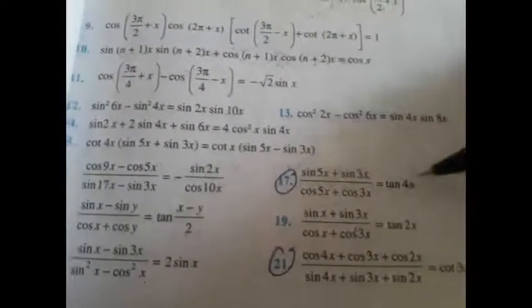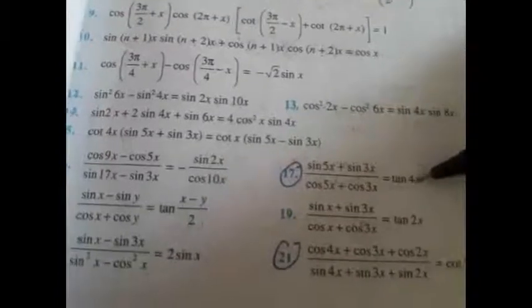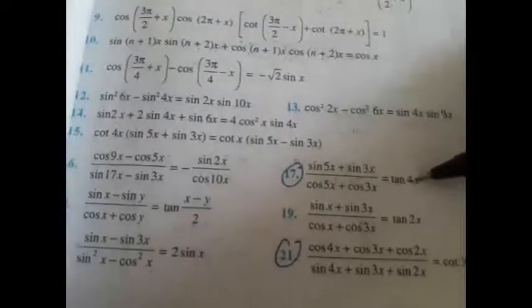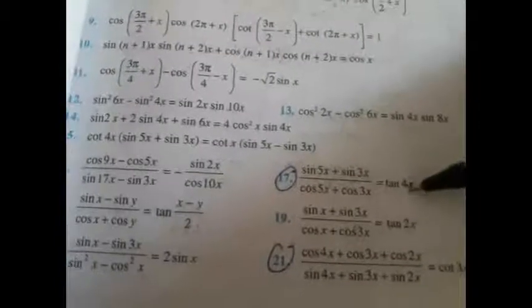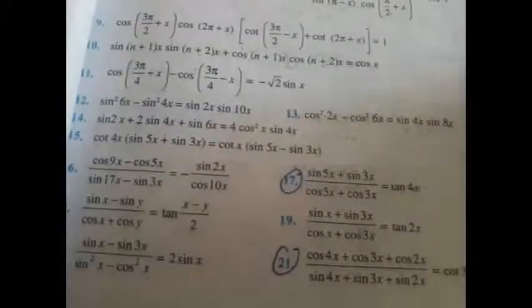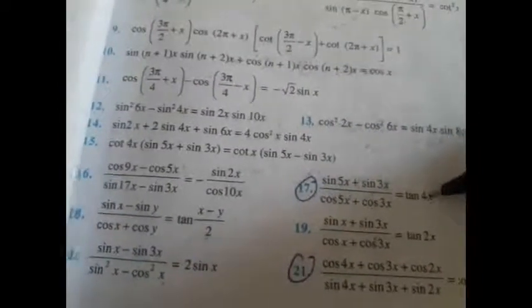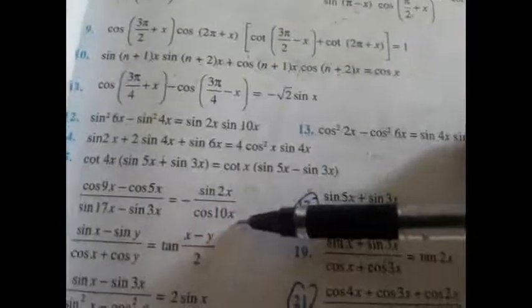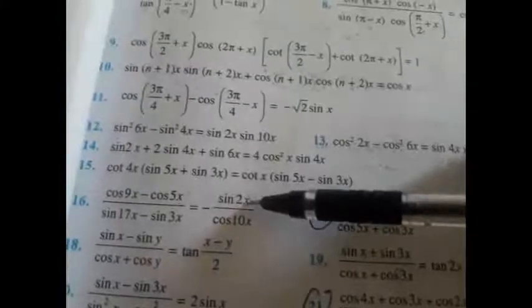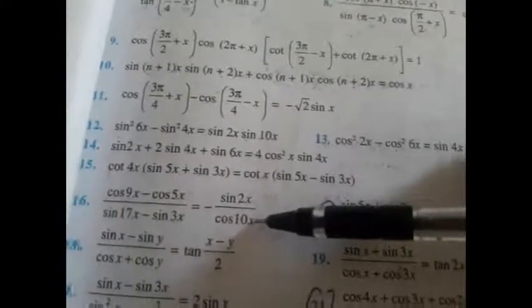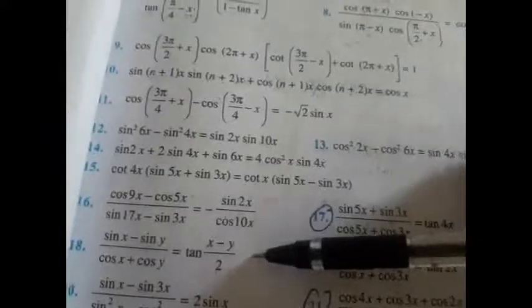Alright, hope you understood. The 17th question is the same as the 16th question, but the only thing is you need to prove the answer in terms of tan. What does it mean? You will be getting the answer as sin 4x divided by cos 4x. So without leaving the answer as such, you can write it as tan 4x, because we know sin by cos is tan, as long as both angles are the same. Here, why didn't we express it in terms of tan? Because in the numerator the angle is 2x and in the denominator it is 10x. Only if we have the same angle can we write it.